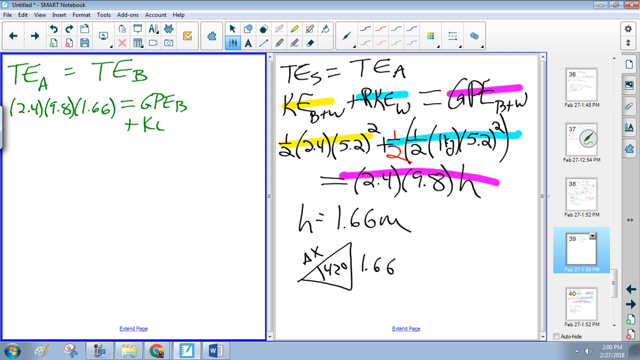the kinetic energy at B plus the rotational kinetic energy at B. I would discourage you from doing total kinetic energy because the body of the cart doesn't have rotational kinetic energy. So you really got to separate it. Does that make sense, you guys? Yeah. All right. So,